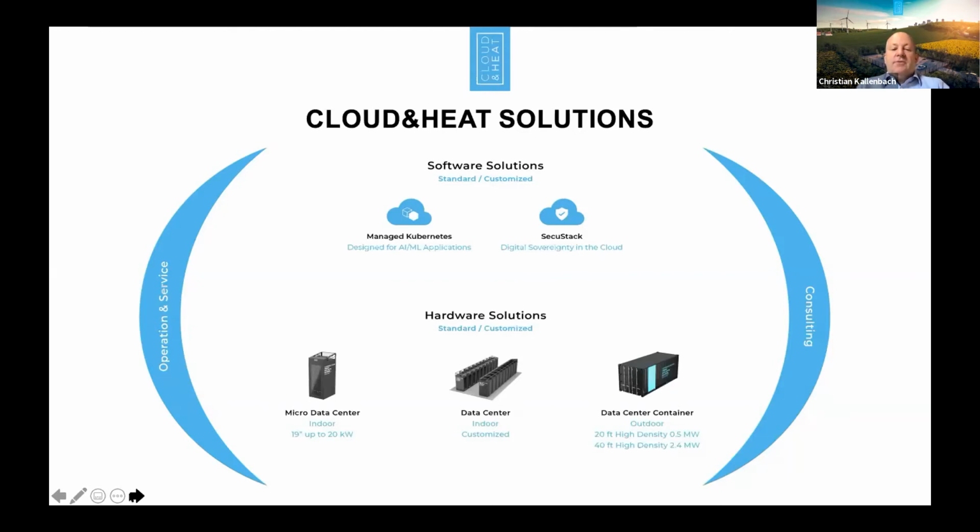But if you look at the innovation, most of the innovation sits in our hardware solutions. And the hardware solutions offering water-cooled solutions. And that is the big difference. The data centers we're talking about are water-cooled and not traditionally air-cooled. And that means you need to bring the water cooling technology to servers, but also to the overall infrastructure installations